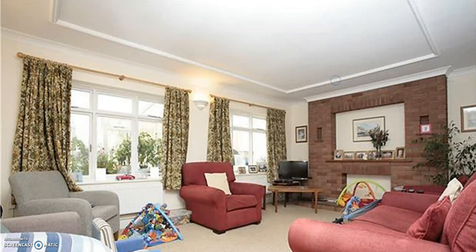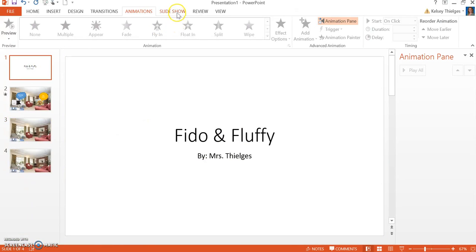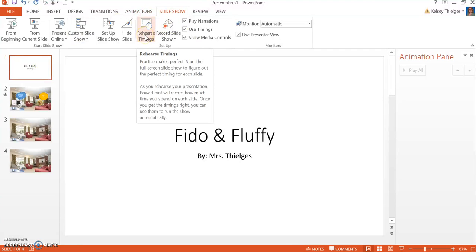So the way we're going to do that is we are going to go up to our slideshow button, and you want to make sure that you're clicked on slide 1 because that's where it's going to start from. And then we're going to have our rehearsed timings button. The thing you have to remember about this, and you can always go through and do it multiple times, is that what's going to happen here is it's going to start